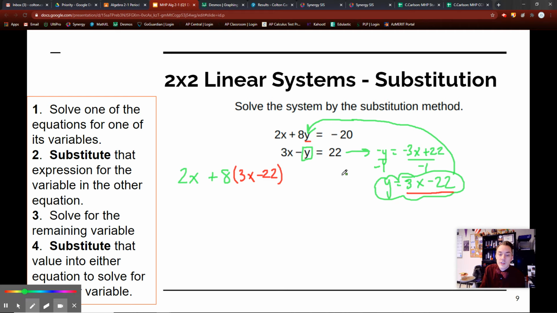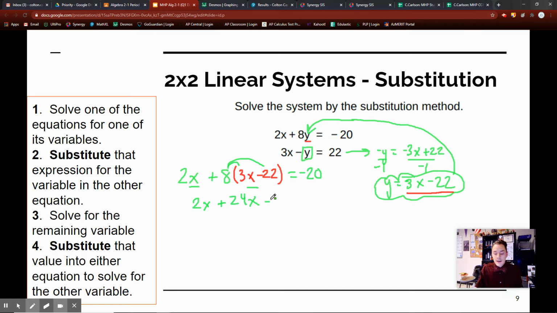So my substitution is in red, and then we finish out the rest of the equation, negative 20. Okay, so now what will this look like? This simplifies, and now notice you have x and x. There's no more y's. There's one variable we can solve. So now this is 2x plus 24x, and then minus,